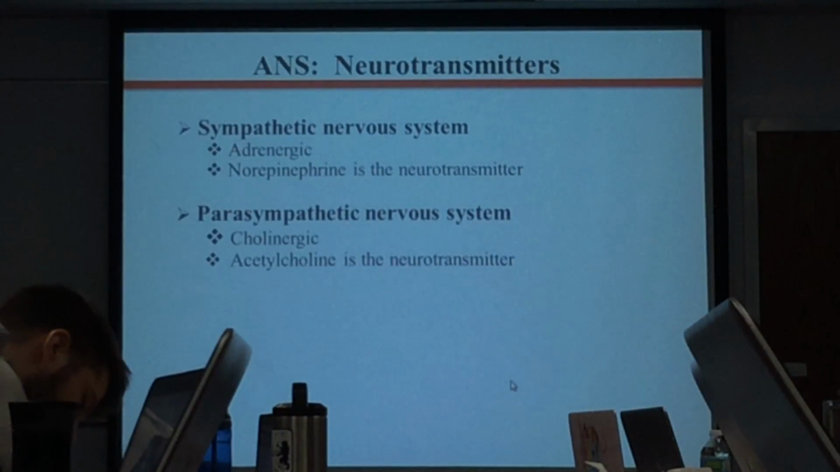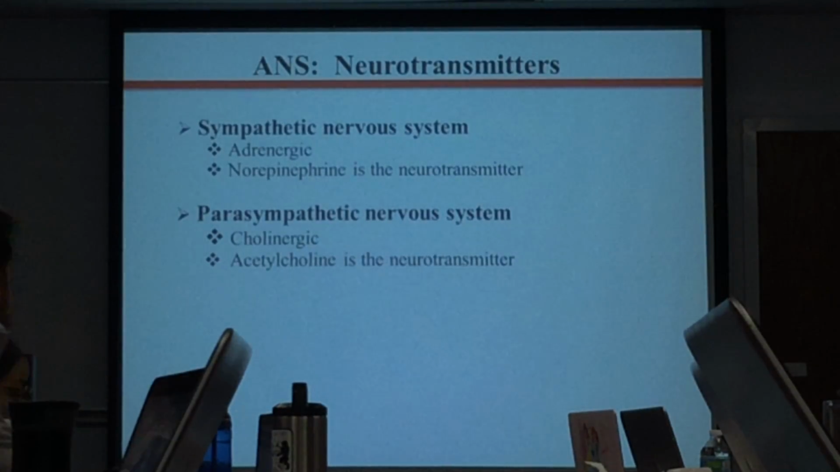Okay, so for the sympathetic nervous system, norepinephrine is the neurotransmitter. When I say norepinephrine, we're talking about the postganglionic neurons that directly activate the receptor on the effector and cause the movement of the organs. The parasympathetic neuron